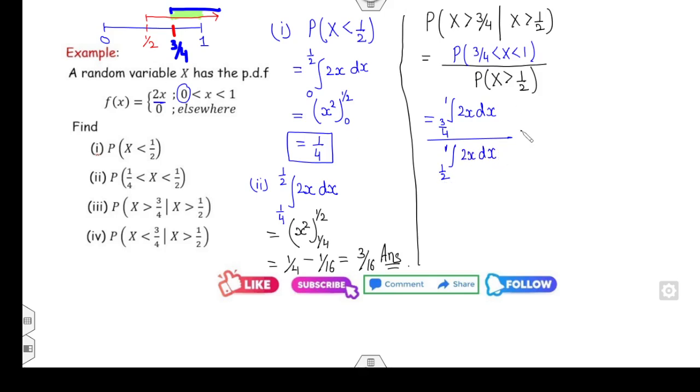Now you can solve this. The integration is x square from 3 by 4 to 1, and the integration is again x square from half to 1. So 1 minus 9 over 16, 1 minus 1 over 4. 7 over 16, 1 over 4. So that will be